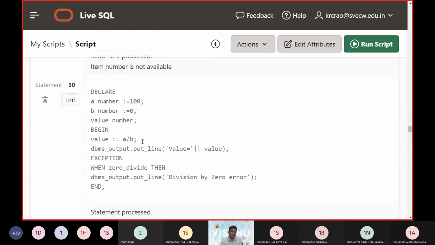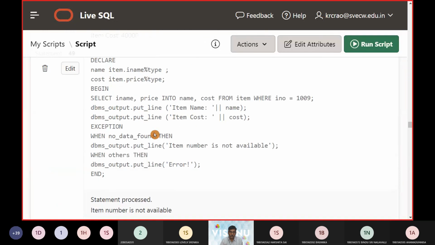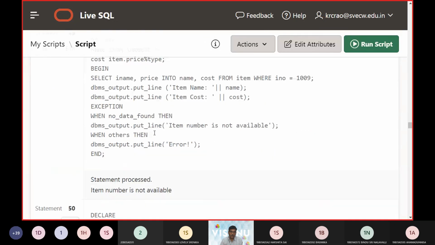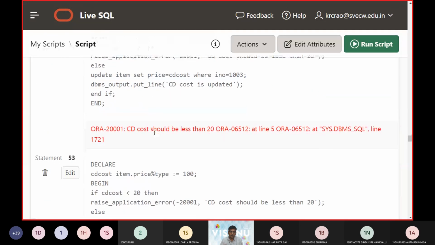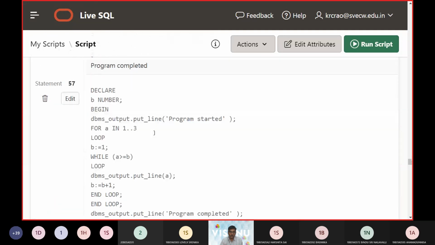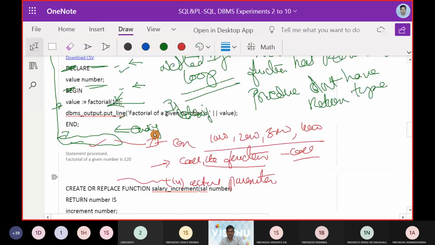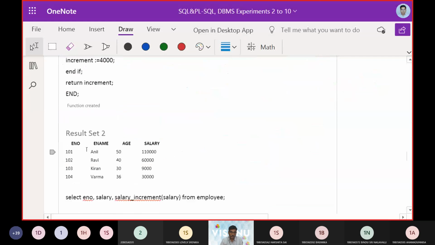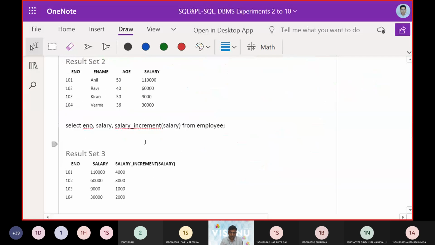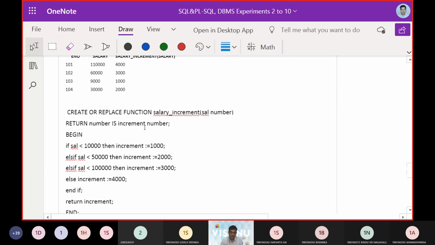To include an increment, we made a check on whether it can be given an increment of 10 or an increment of 20. In that model we analyzed, and after that we gave the increment. The same thing we have stored with salary increment as the name. That is how we conclude this experiment.